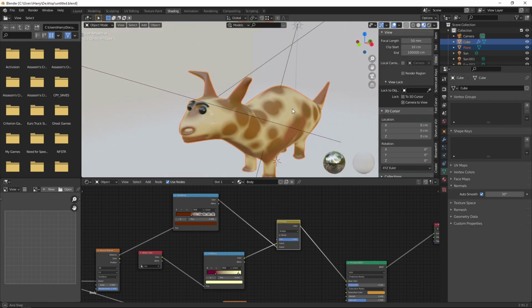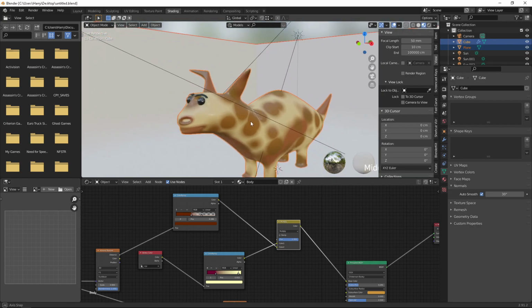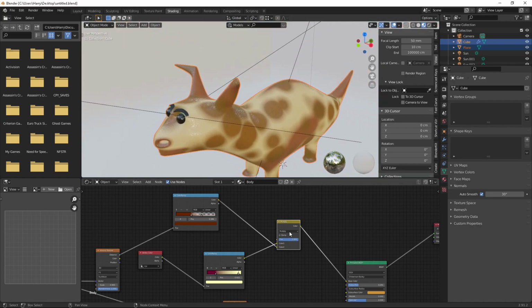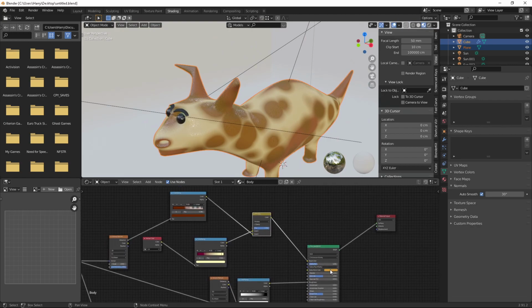Fine, this looks better compared to before, and then this subsurface color instead of orange we can go a little bit the same.